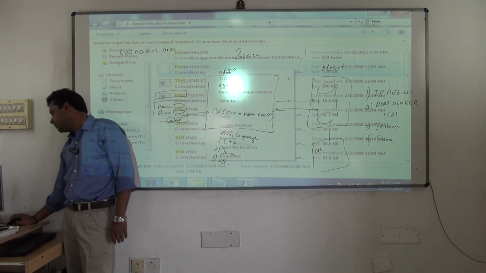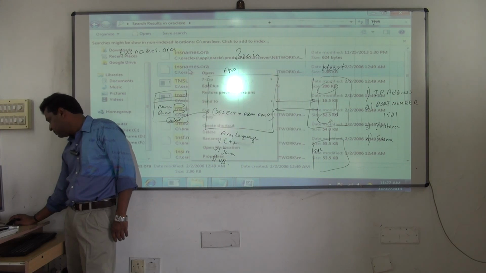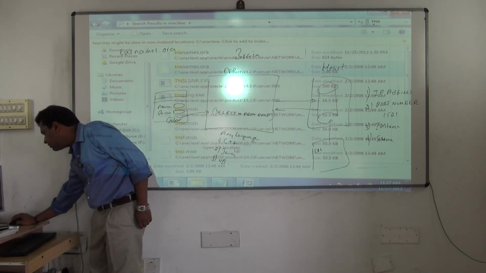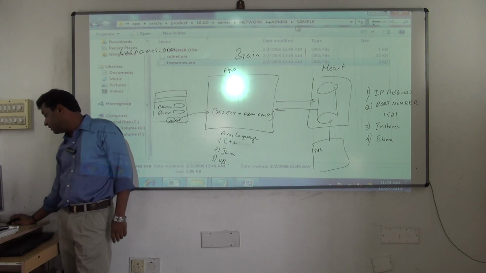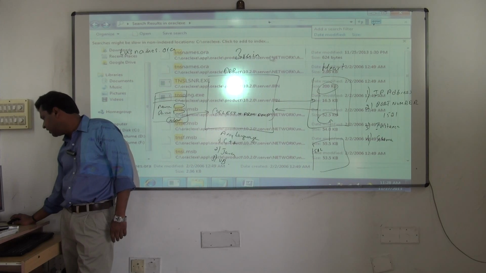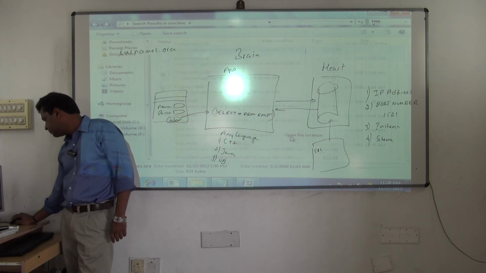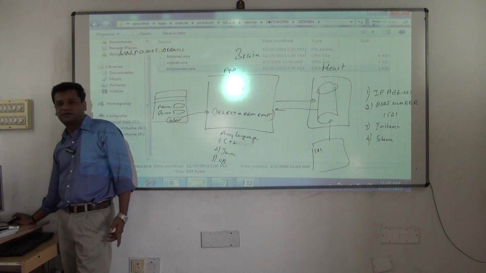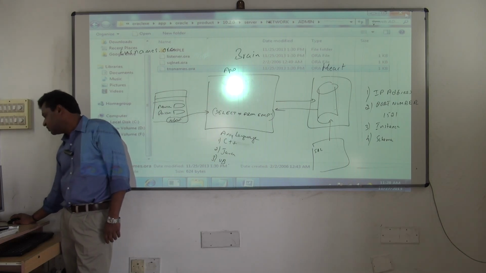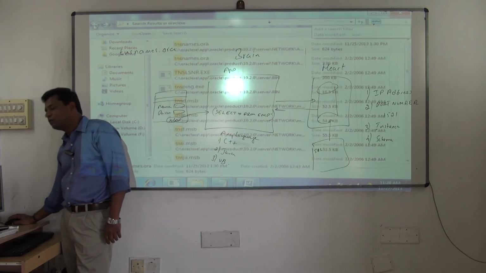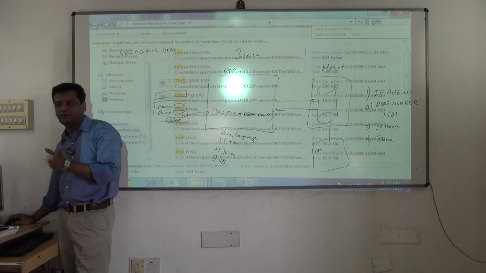So right click and open file location. It will open in the same location. I think no, network sample it is showing. One more is there. Don't go to network admin, you go. Understood? So it is showing you there. Are you clear on this? Okay. So fine. So this is one file which is very important when you are connecting a Java application to database.